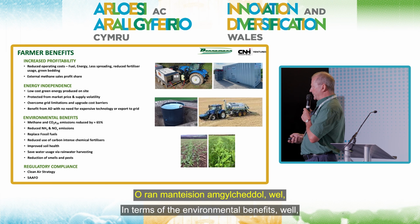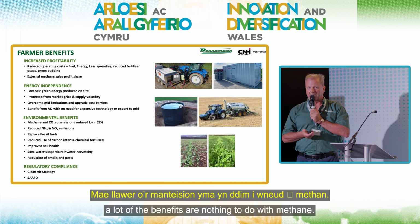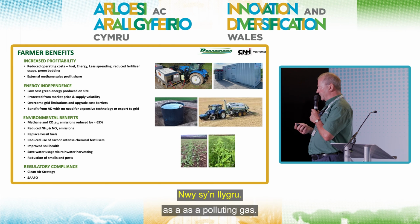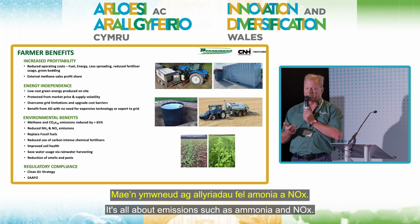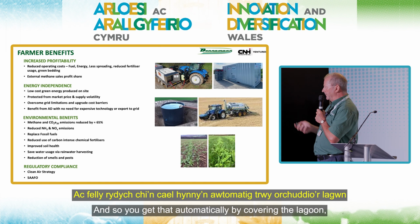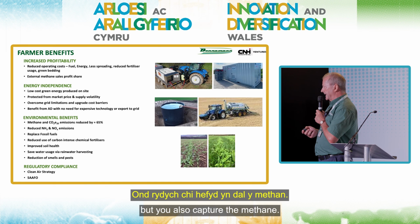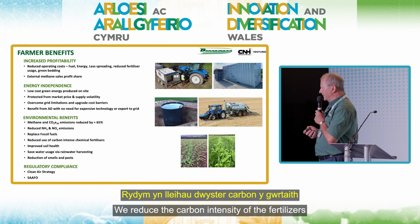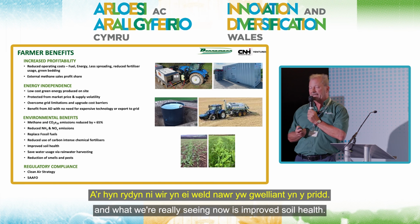In terms of the environmental benefits, a lot of the benefits have nothing to do with methane. Methane isn't actually classed yet by DEFRA as a polluting gas. It's all about emissions such as ammonia and NOx. And so you get that automatically by covering the lagoon, but you also capture the methane. So that's really important. We reduce the carbon intensity of the fertilizers, and what we're really seeing now is improved